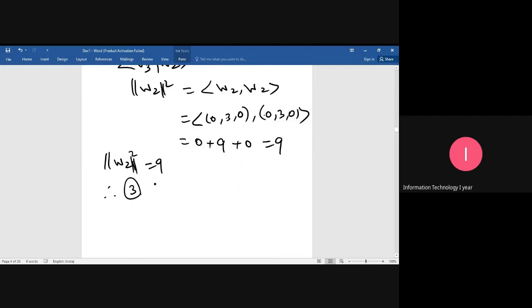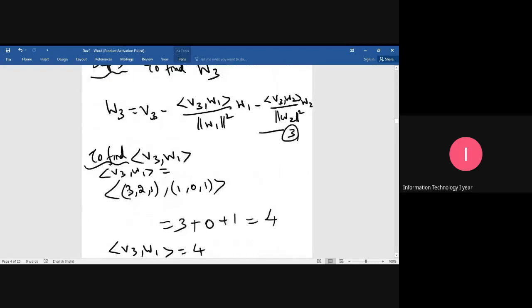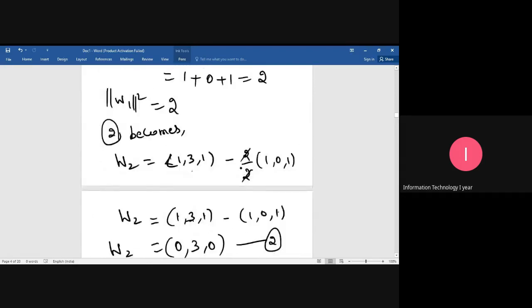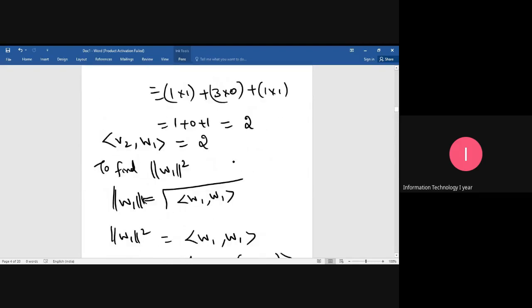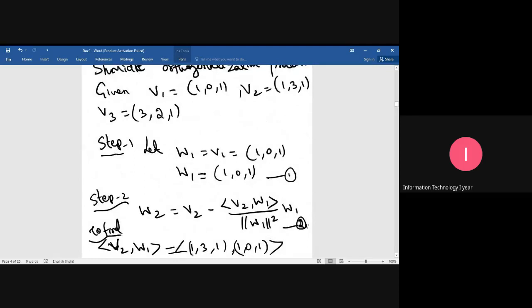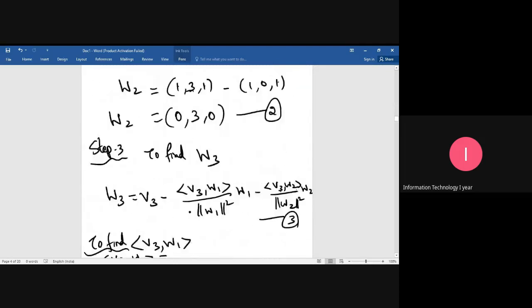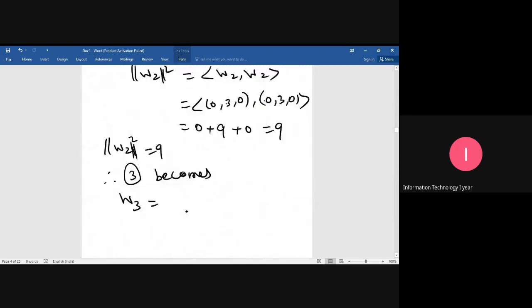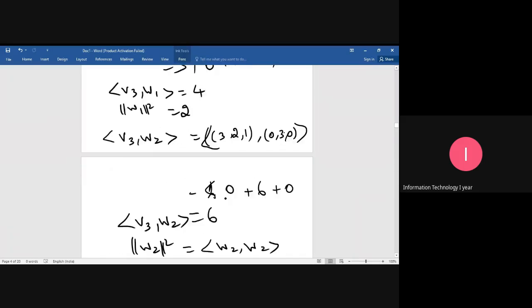All values we calculated. Equation 3 becomes W3 equal to, so what is the formula for W3? V3 minus. V3 is from the question. It is 3, 2, 1. So here V3 is 3, 2, 1, minus, the formula says